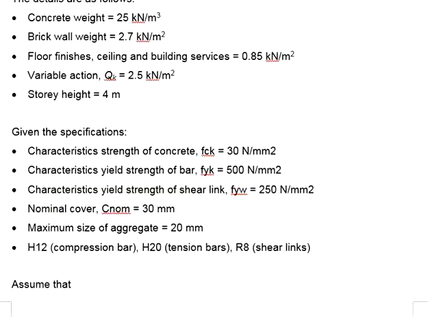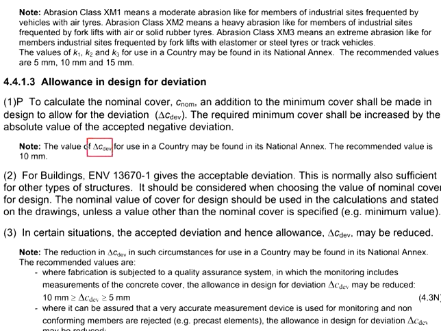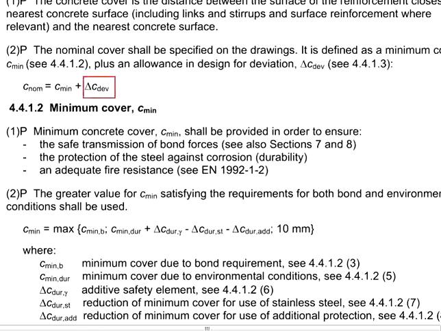In the case that the question does not give you the nominal cover, you will need to find the nominal cover yourself using Eurocode 2 in clause 4.4.1.1. This will be the equation for the nominal cover, which is equal to the C min plus the deviation. The recommended value for the deviation will be 10 mm. That means this is equal to 10, and the C min will be obtained from this equation,